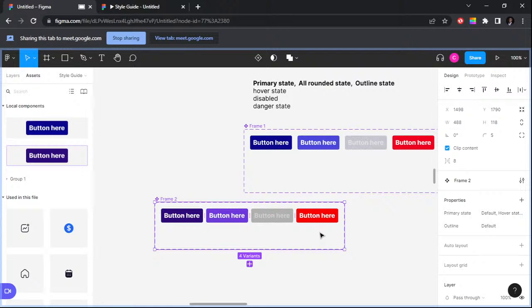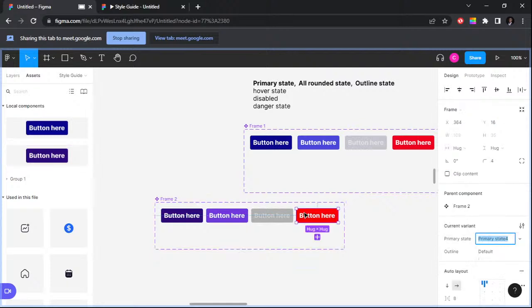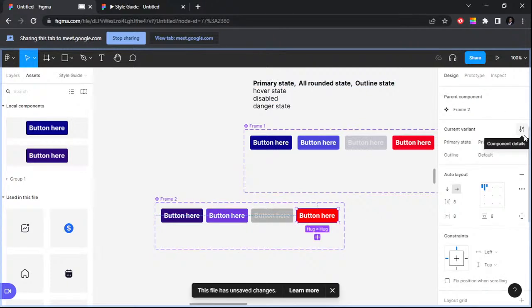I'm not sure you guys understood what I said, but what I'm trying to say is, for instance, now I want to create the outline state, where people complain to me, they were